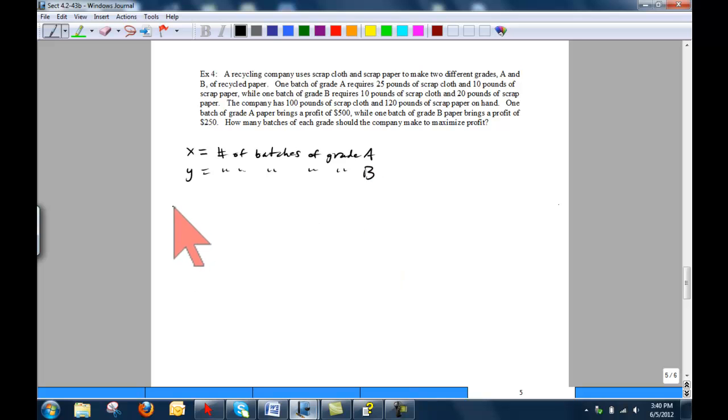Now, what do we want to do? Maximize profit. And what is that? Let's look at the dollar amounts. Each batch of grade A paper brings a profit of $500, grade B $250 each. So profit is 500X plus 250Y. Subject to